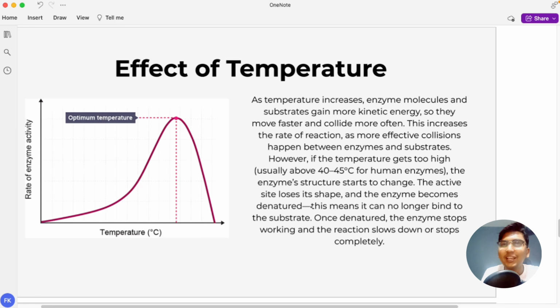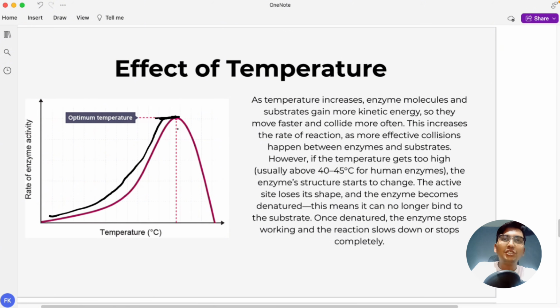Now this is one of the most interesting topics, and it most probably comes up a lot: the effect of temperature on enzyme. If you look closely at the diagram, on the y-axis we have the rate of enzyme activity, and on the x-axis we have temperature, right? As temperature increases, enzyme molecules and substrate gain more kinetic energy, so more collisions take place. As the temperature increases, the rate of reaction starts to increase, right? Until it reaches a